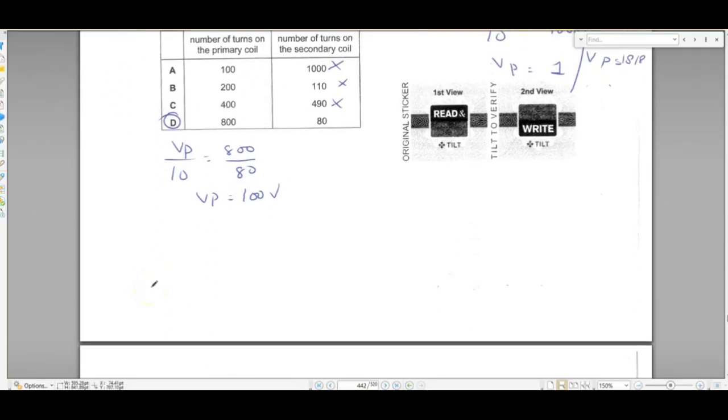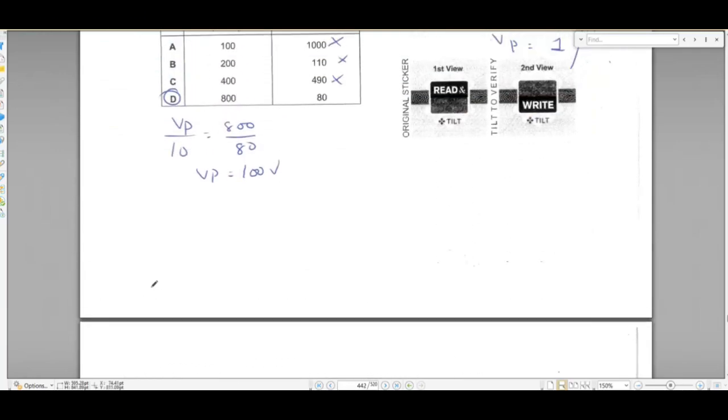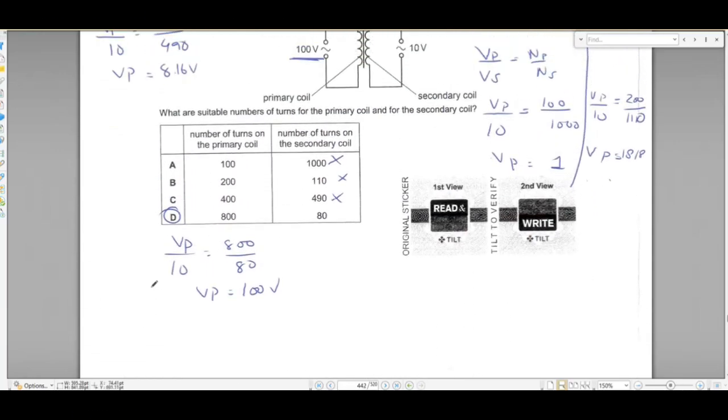Okay, moving on. Oh, this was the last question. So this brings us to the end of our topic 4.13, which was transformers. I think we've completed most of the topics in this chapter, electricity and magnetism. So inshallah, we will be completing this soon, and then we'll be getting started with the chapter of waves.